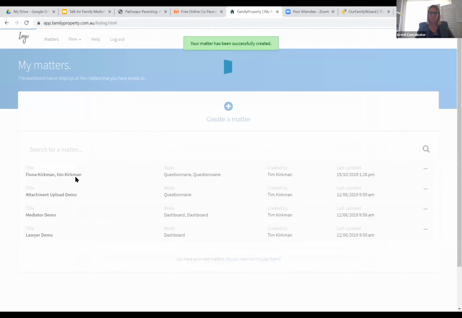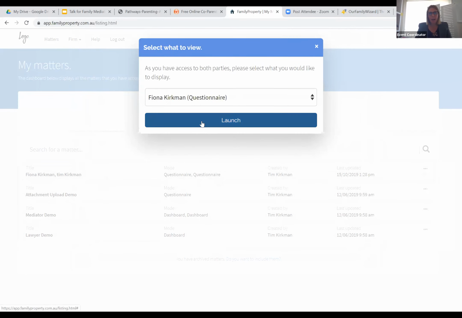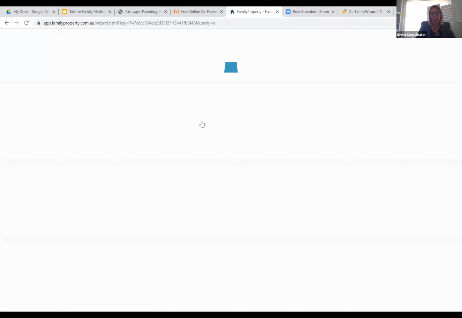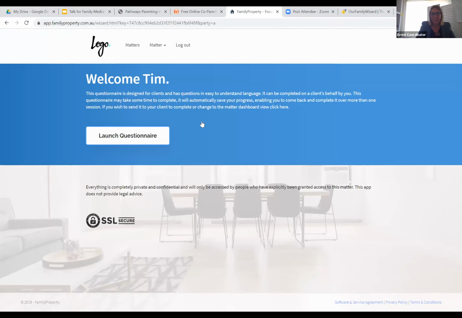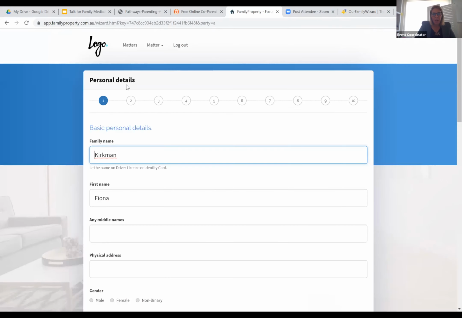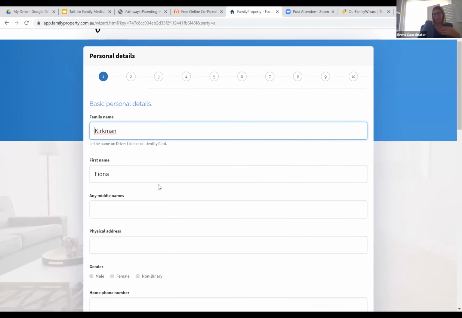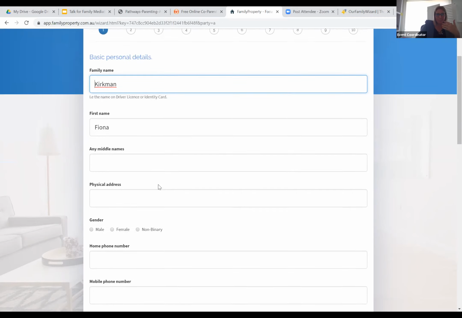And if I go into the questionnaire here, I'll just launch and show you the type of information that needs to be obtained for a family law property settlement matter. So as you see here, this is an online questionnaire with drop-down menus. It's quite in plain English.